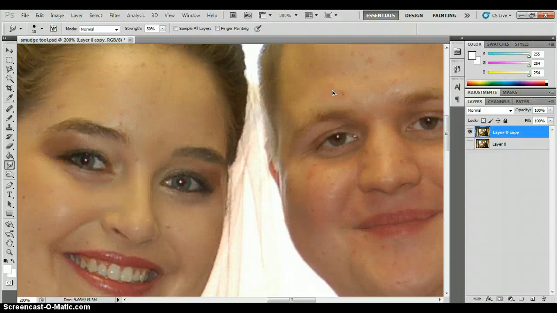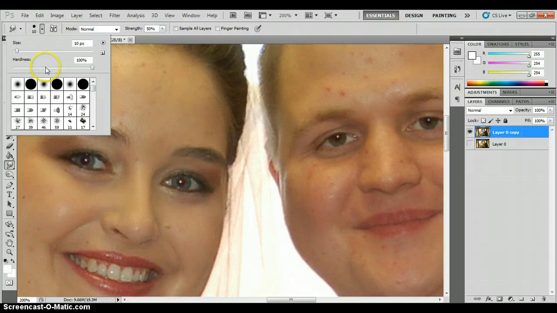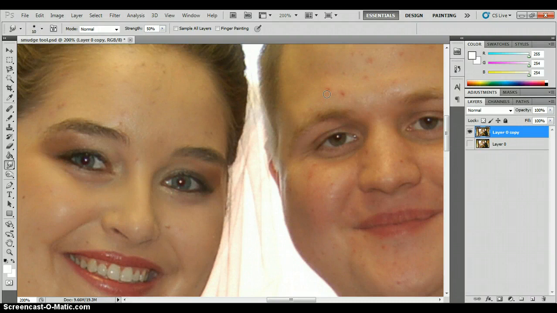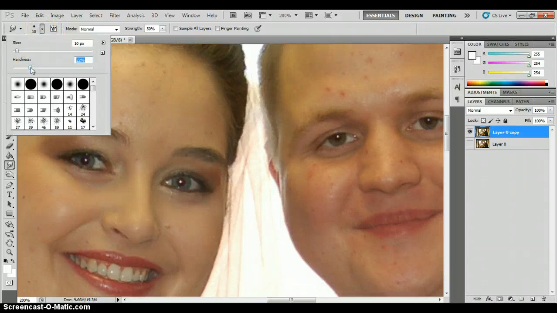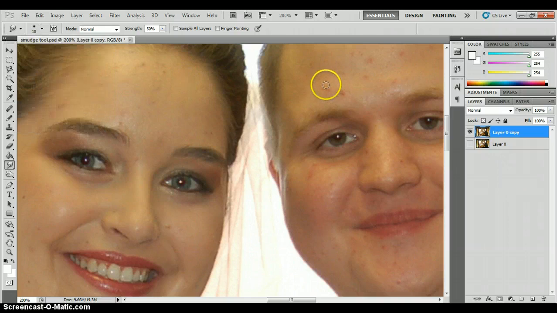So I'm going to come back up to the top to this drop down menu, and I'm going to select a hardness of, let's do 35. We'll see how that looks. And I'm just going to slightly smudge here, smudge a little bit more, and it's a little bit better. I still think I would prefer a little bit lower. Maybe we'll do like 25. And it kind of depends on the person, the skin complexion, all that. And I'd say that's a little bit closer to what I want, just to soften some of these